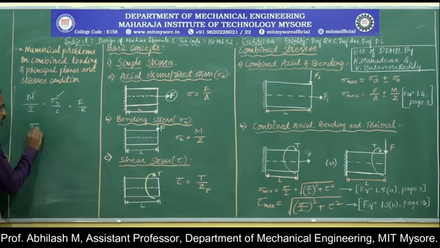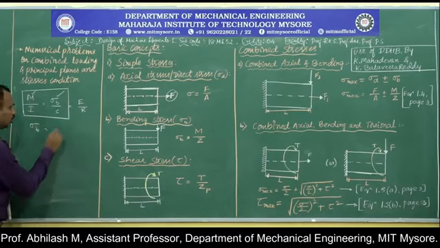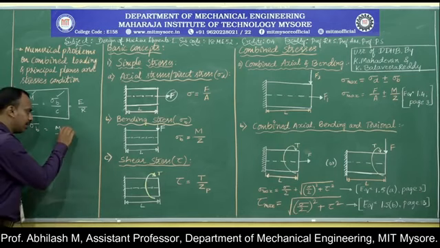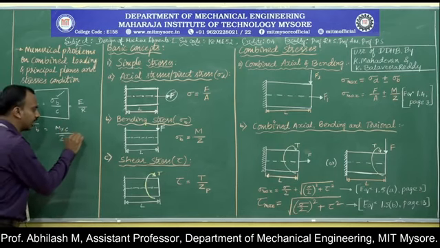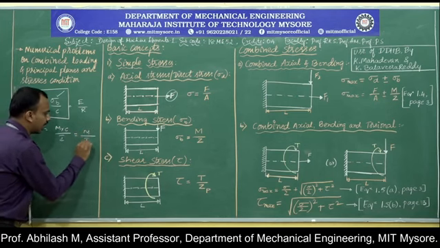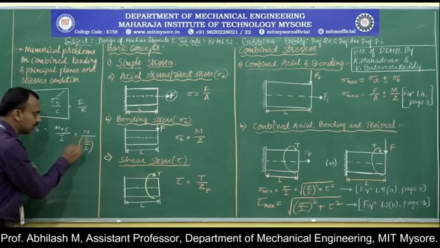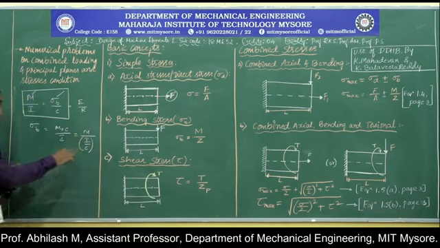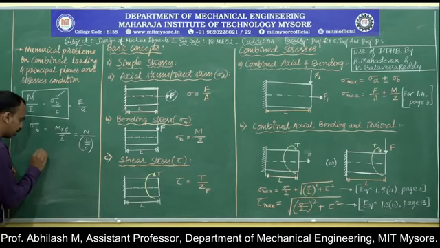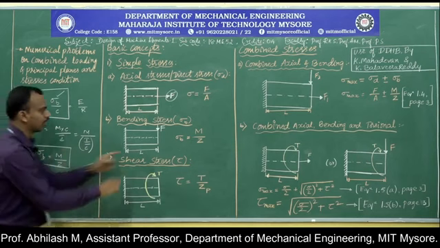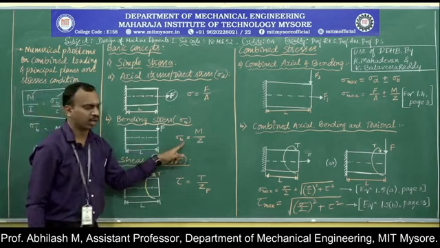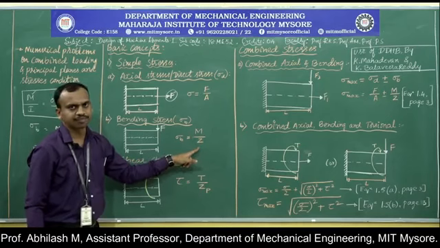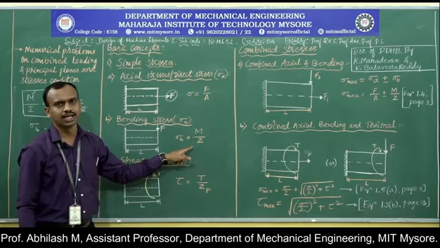Correlating these two, sigma B will be equal to M into C divided by I. So if I move C from the numerator to the denominator, this will become M divided by I divided by C. This ratio of moment of inertia to the distance from the farthest fiber is replaced by the term called Z, so M divided by Z. So that is what we have written over here. So sigma B will be equal to M divided by Z. And this equation is also available in the data handbook.